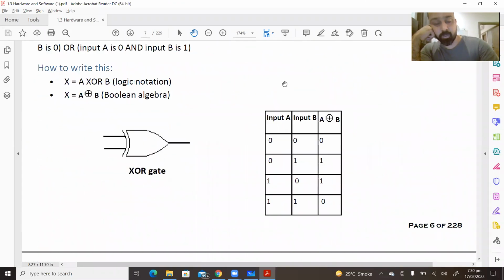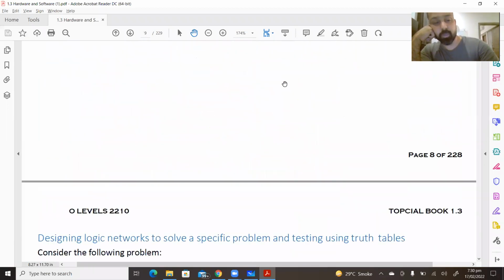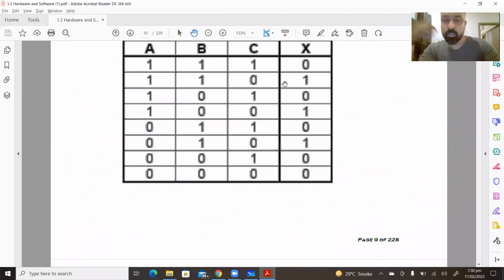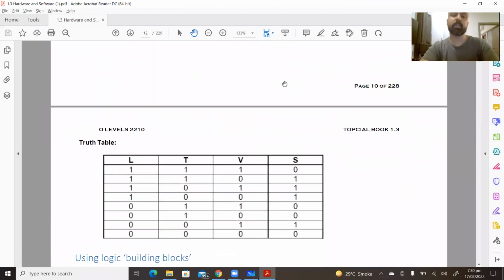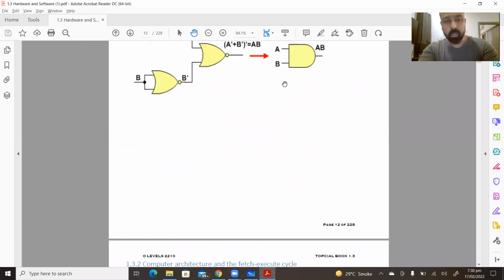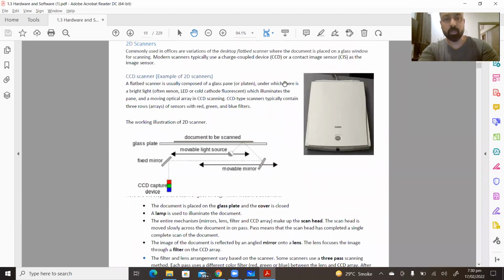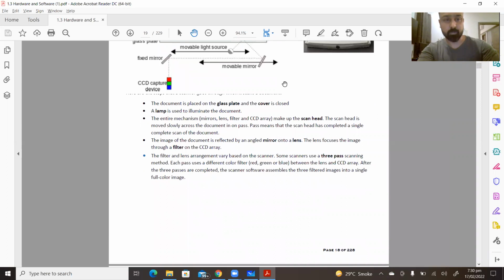As we begin with input devices, we all know already since our childhood what input devices are. They input data inside the computer. There are so many different ways of pouring in the data. It could be the keyboard, the mouse, the microphone, the camera. So these all are input devices. But in O levels, we will talk a little bit ahead. For example, we have